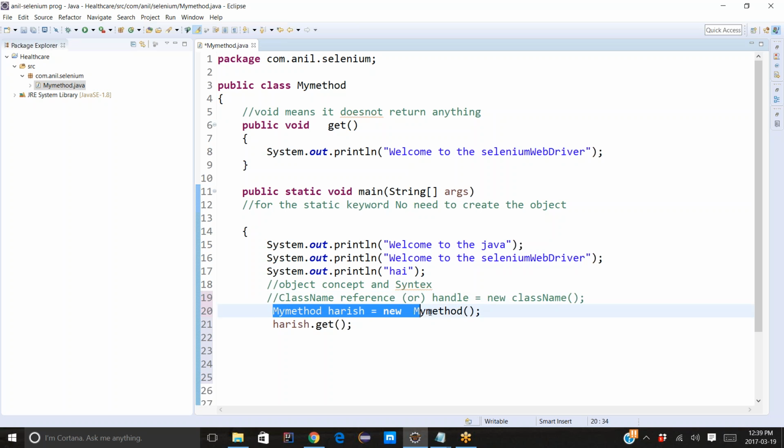First, you need to create an object like this. The syntax for an object I gave on the top of this. I create an object. What do you mean by create an object? You are creating a memory allocation in the RAM. Now Harish.get means using the handle, or using a reference, you are just calling this